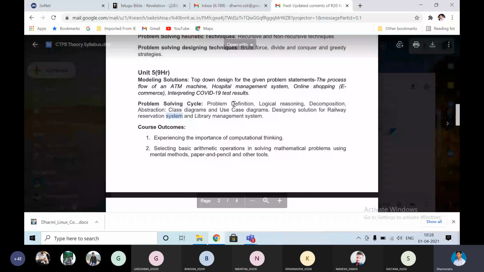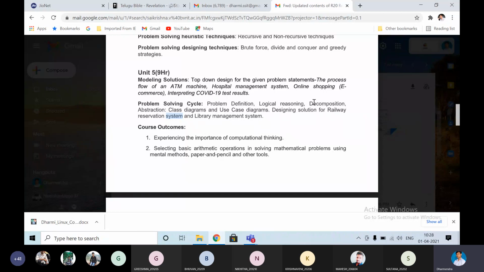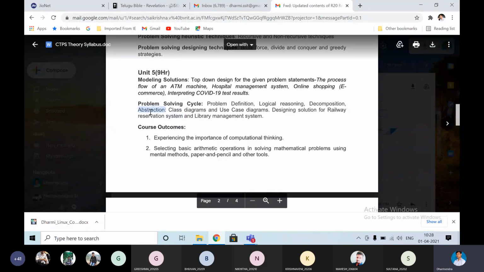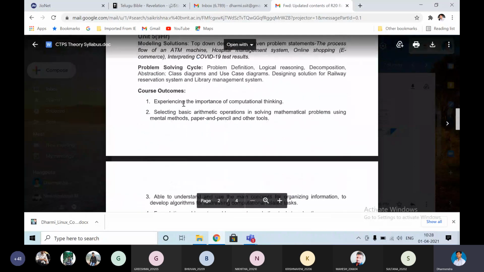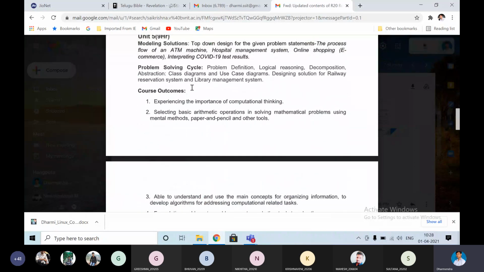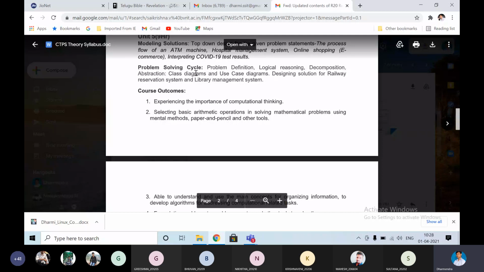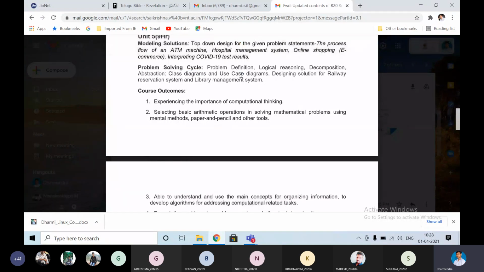You know that decomposition, pattern recognition, and abstraction all come under here. You can explain this even from the first unit. But now, for designing solutions, we are going to have class diagrams and use case diagrams. So what is a class and what is a use case? Now let us learn.